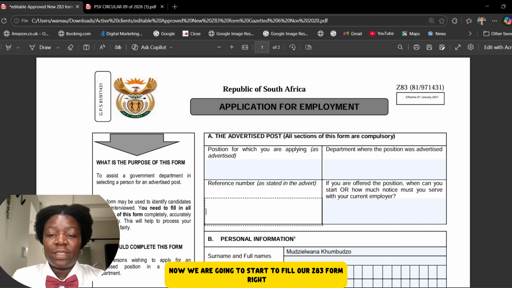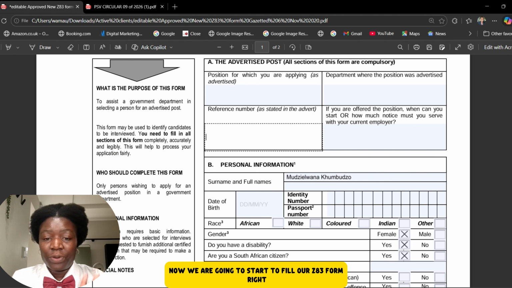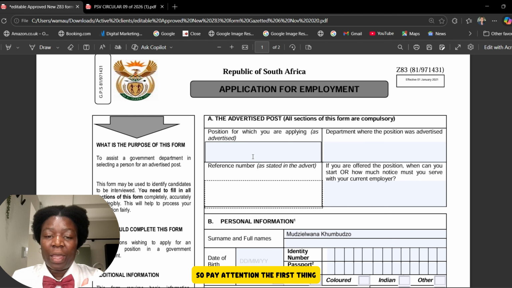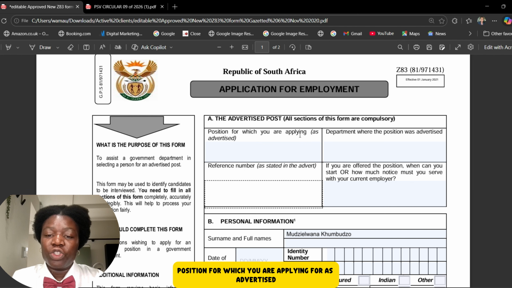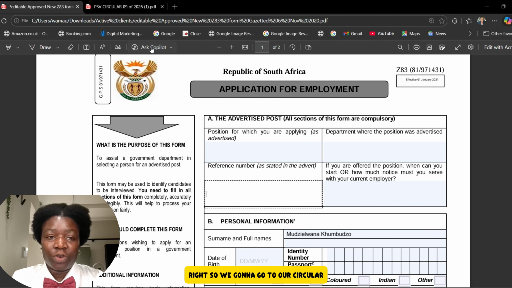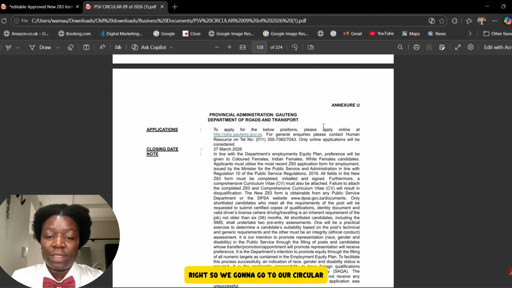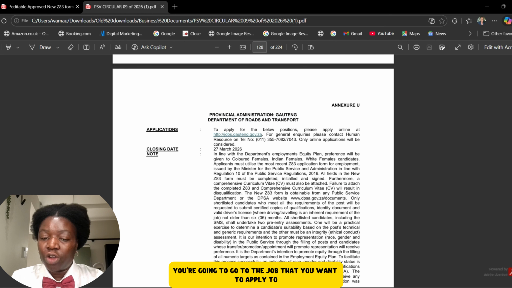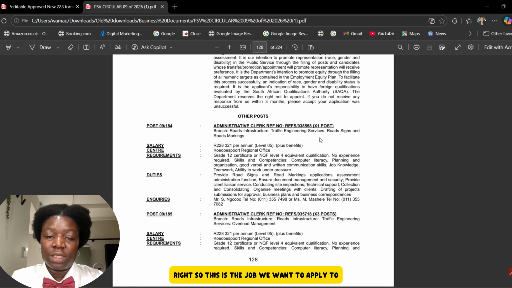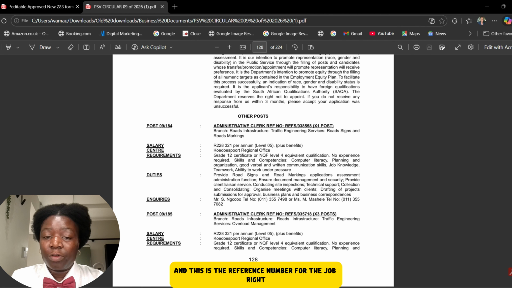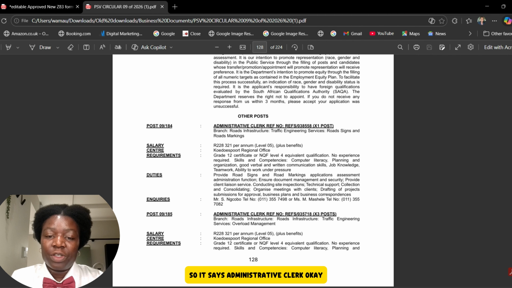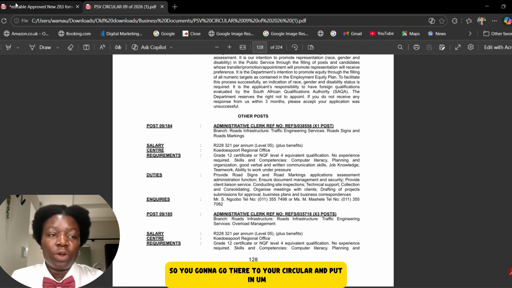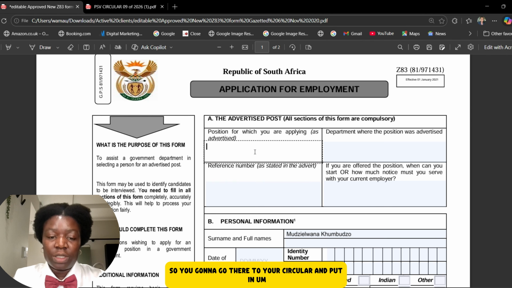Now we are going to start to fill our Z83 form, right? So pay attention. The first thing: position for which you are applying as advertised. So we're going to go to our circular, and you're going to go to the job that you want to apply to. This is the job title, and this is the reference number for the job. So it says administrative clerk. Okay, so you're going to go there to your circular and put in